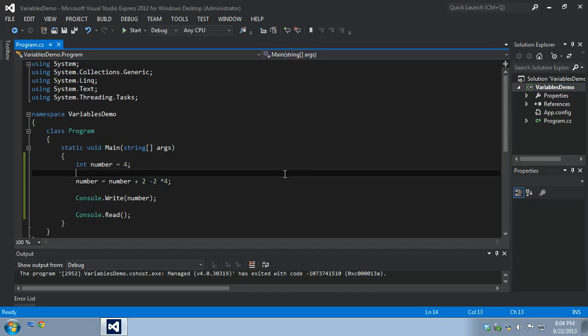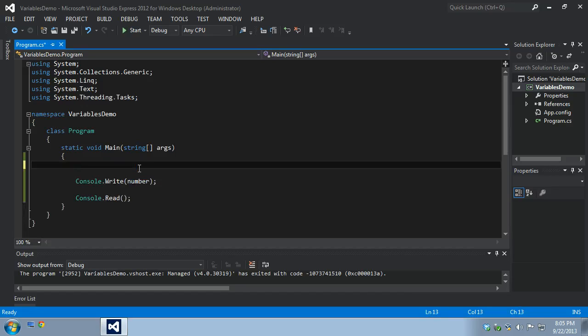I don't know if I mentioned it, but integer can only have whole numbers. Okay, so it can only have either 0 or 1. It can't have 0.2. So no decimal numbers in there. So what we can do for that is actually use a different variable type. If you're going to be working with a lot of decimal numbers, we work with what we call a double. And for the double, the keyword is simply double,